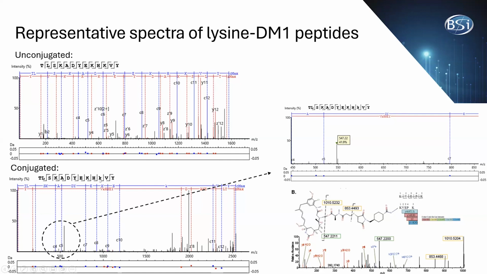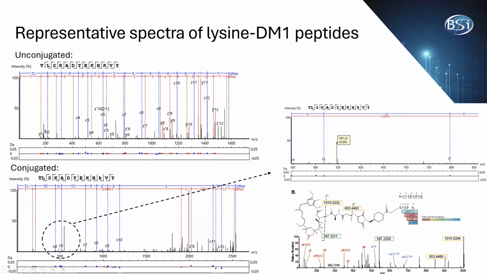So we apply different scoring criteria and ensure that we have good fragmentation of the peptide backbone in order to differentiate between, so for example, this peptide has 3 different lysines, but we can be confident that this third lysine